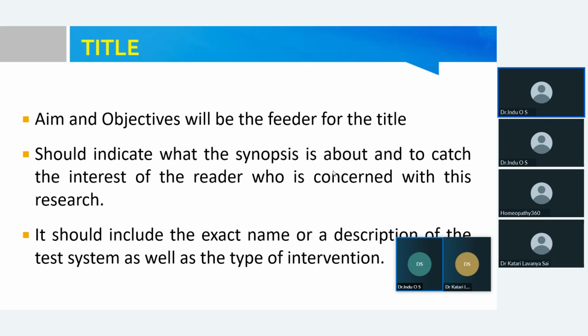So how you can search: you can type the words simple myopia, then type AND in full capitals, then individualized homeopathic medicine. Then you will get the literature which includes these two keywords. Or else, if you type simple myopia OR individualized homeopathic medicine, then you will get articles with either simple myopia or individualized homeopathic medicine. This is the way to search for research papers related to your topic.